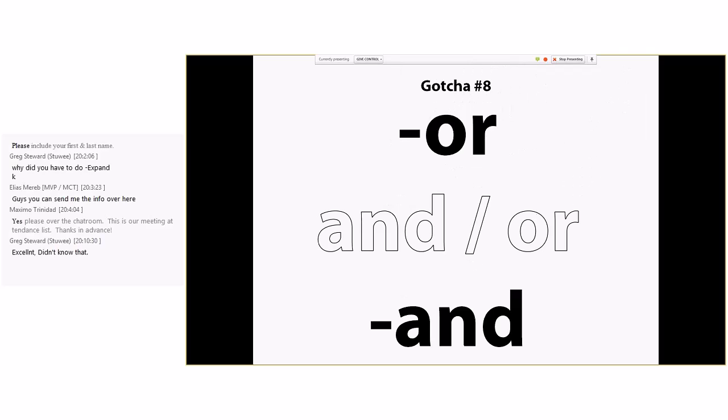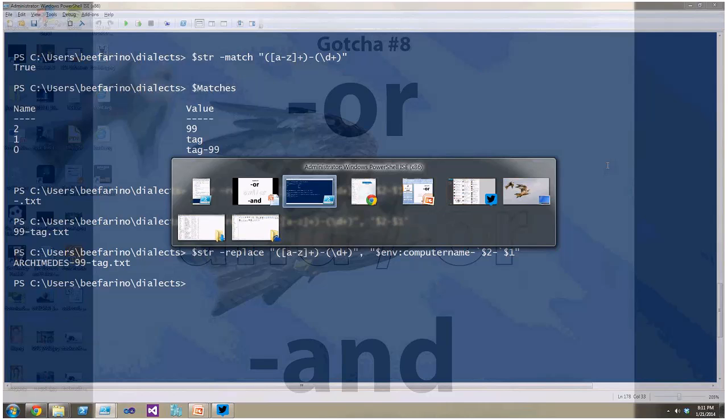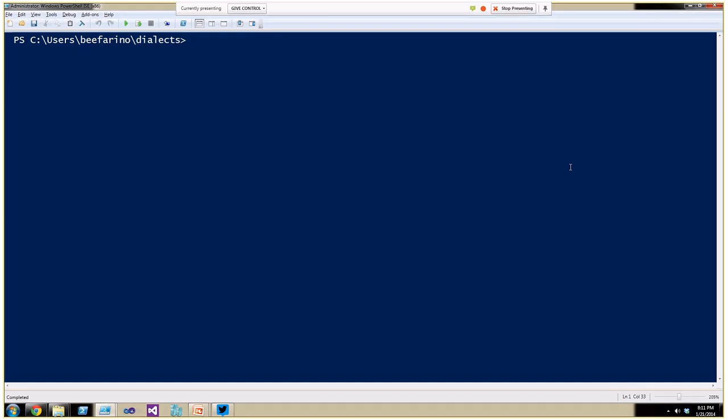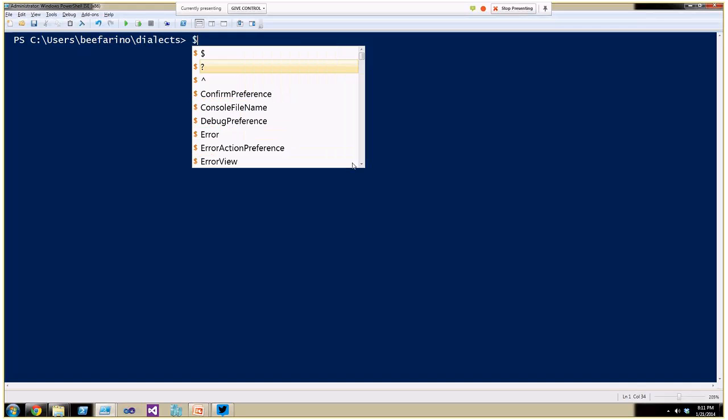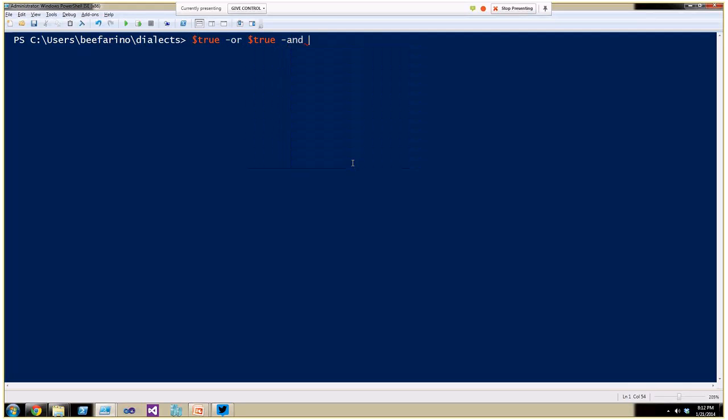So, okay. Let's see. We're at gotcha number 8, and I think there's 9. This one's called OR and AND. This one is probably not going to affect a lot of you unless you've been developing in other languages outside of PowerShell. However, this one is remarkably interesting to look at because it's one of those where the first time you see it, you kind of think, what? That can't be right. So I'm going to type